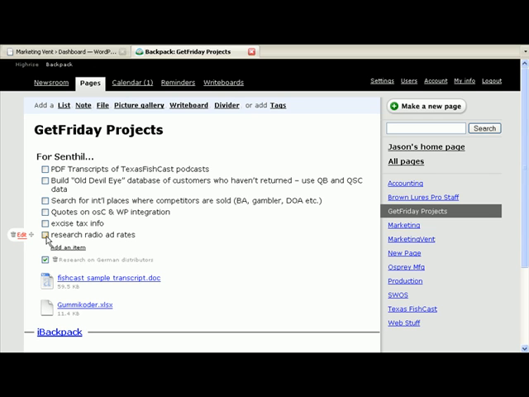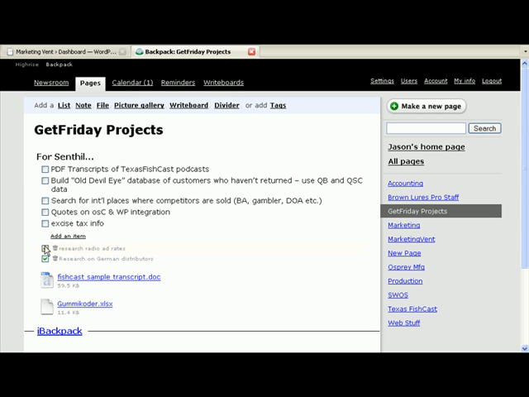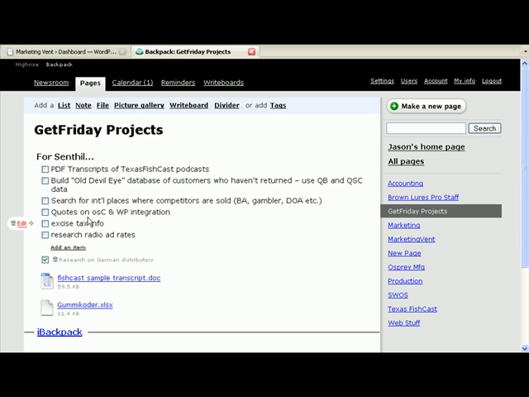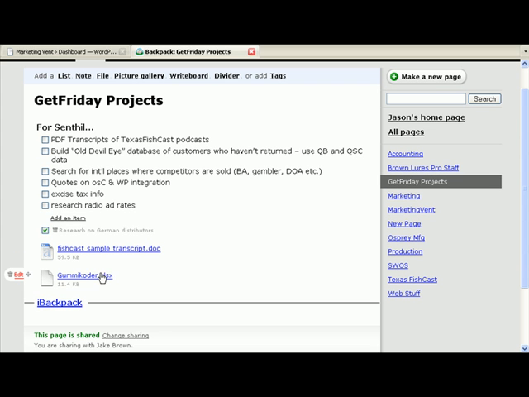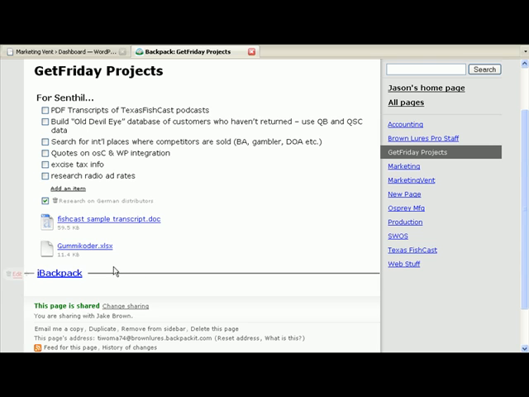Let's say he finished this one up earlier. I'll just check it off. And there we go. So I've got everything for him in one deal, along with some little useful files that he may need to get. And the other nice little part down here, you see this page is shared with,